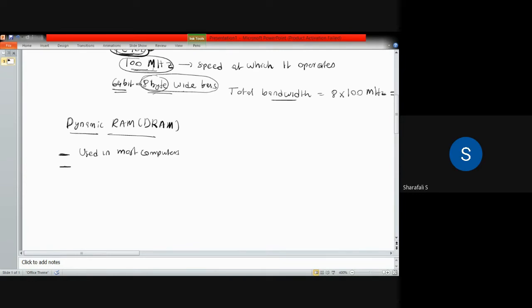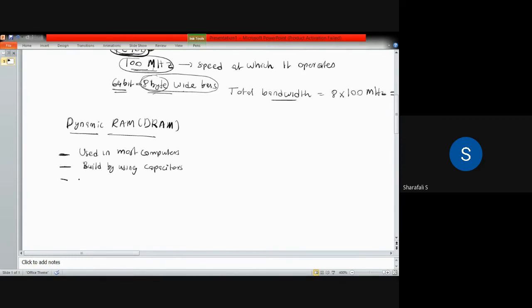Here these are built by using capacitors. So capacitors will be the memory elements here,